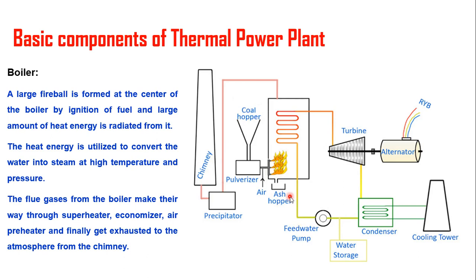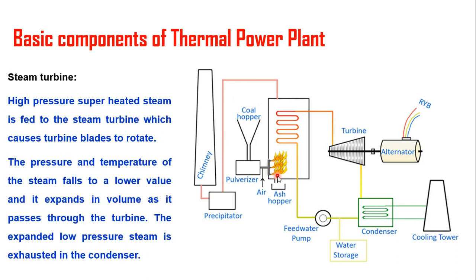Coming to the air preheater, the primary air fan takes air from the atmosphere, and then it is warmed in the air preheater. The preheated air is injected with coal into the boiler. The advantage of preheating the air is that it improves the coal combustion.